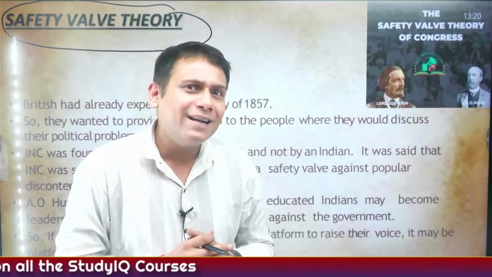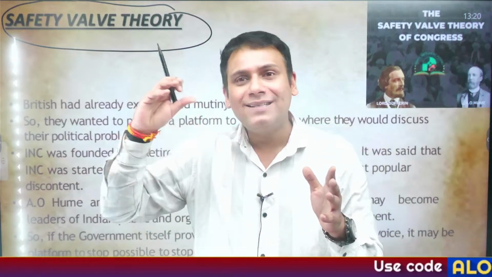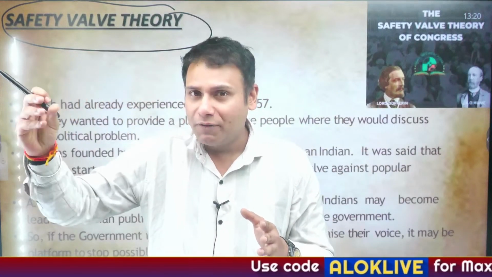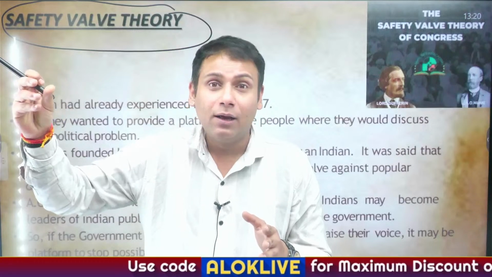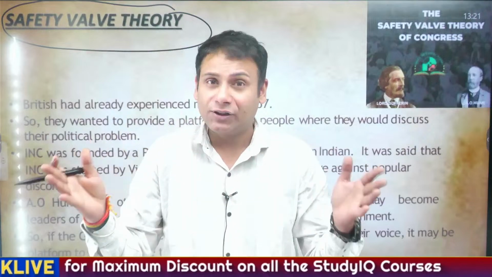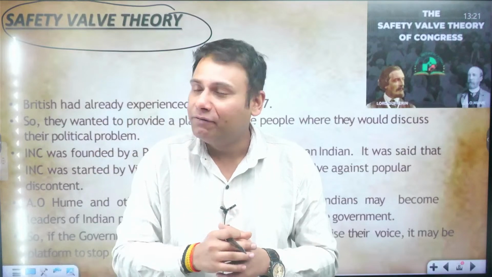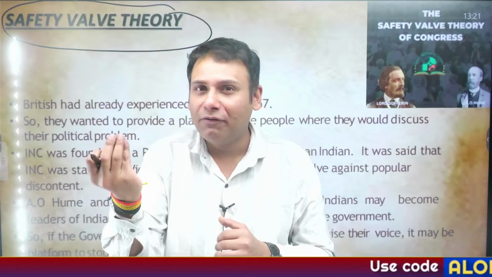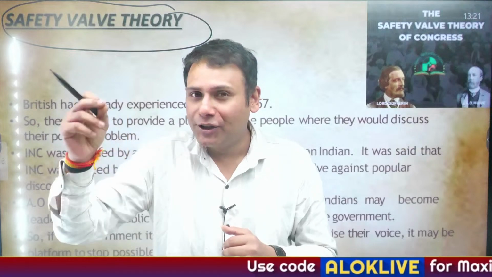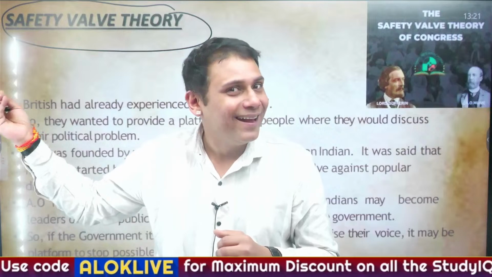What is the purpose of that safety valve? Suppose due to certain unforeseen situation, the cooker's pressure is not released from the whistle, what will happen? There is a probability that the cooker might blast. It might lead to a fatal injury. But what does the safety valve do? If the whistle does not blow, the safety valve bursts and the pressure is released from the safety valve, which prevents the fatal injury.